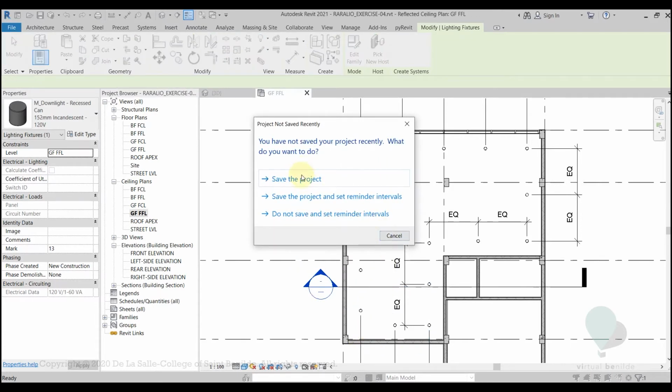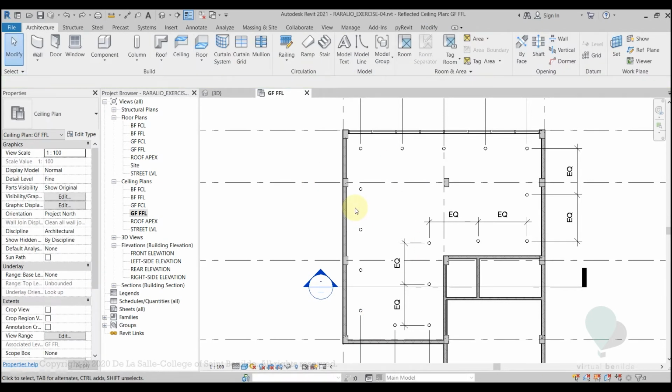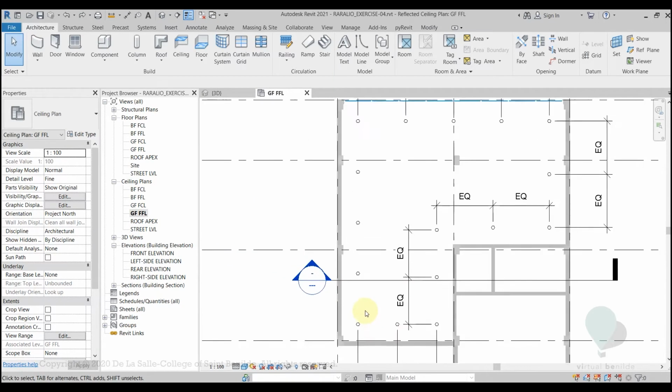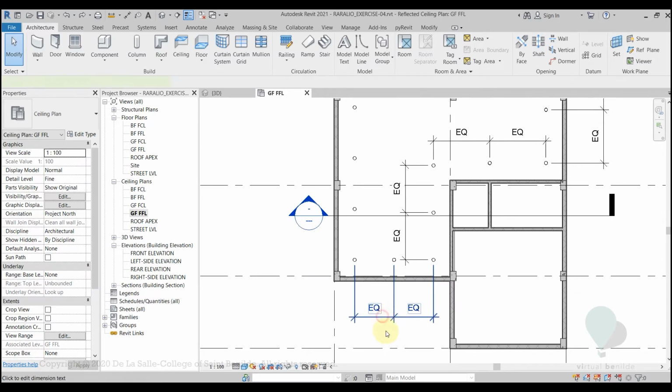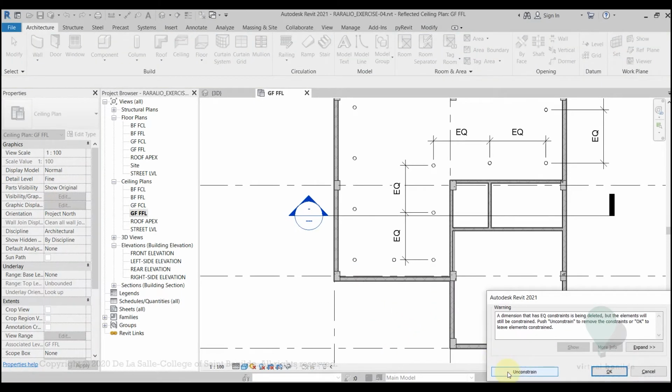and let's save this. Okay, so that warning window usually appears every 15 minutes. So again, make sure to save your files once in a while. Okay, let me undo that. Okay, that's it. If you delete the equal dimension once again, and if you click on